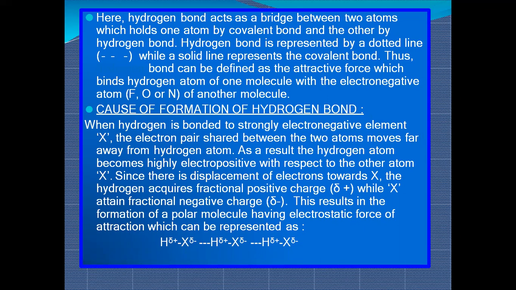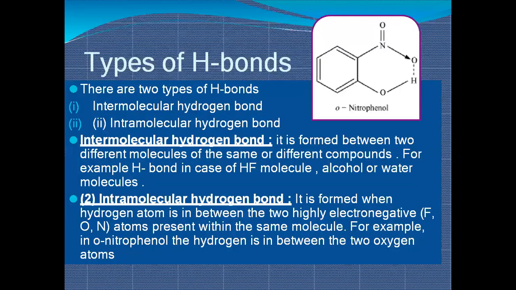So because of the influence of positive and negative, there is an attractive force, or you can say an electric force of attraction, which results in the formation of hydrogen bonding. So that forms between the fluorine of one atom, or you can say halogen X of one atom, and hydrogen of another atom. All right.